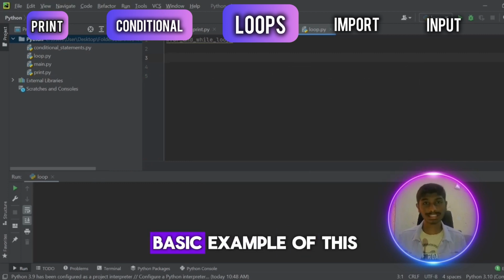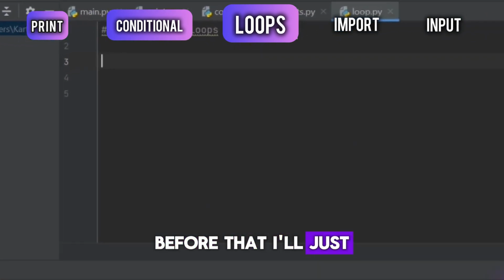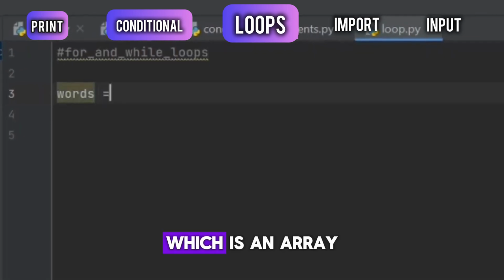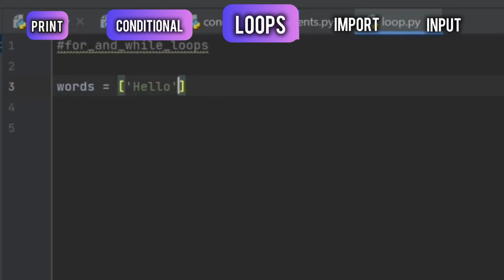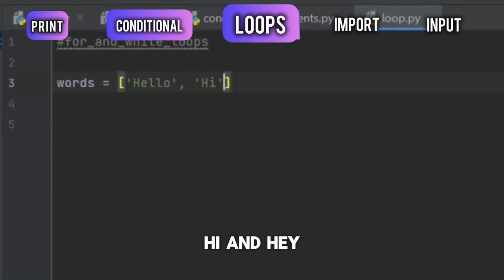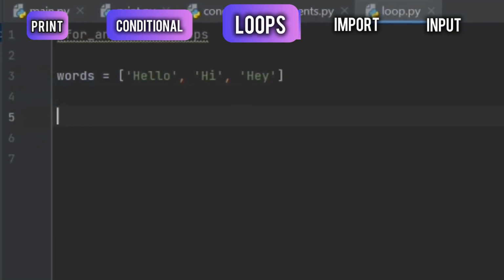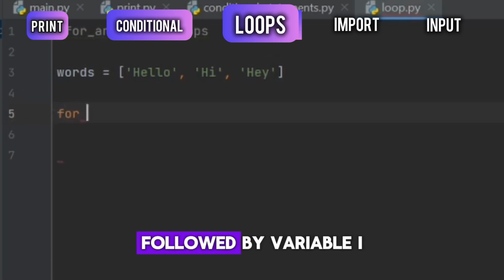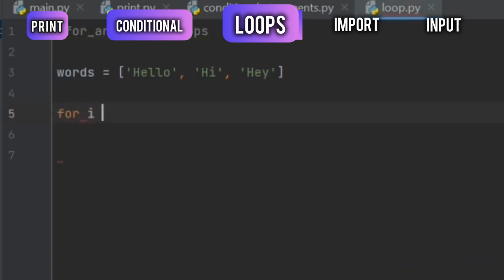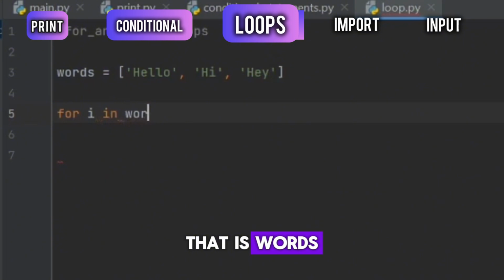Now let's see a basic example of this for loop. Before that, I'll name a variable words, which is an array containing some words like hello, hi, and hey. Now, to write the for loop, you have to start with the keyword for, followed by a variable i, and then the keyword in, and then the name of the array that you want to iterate through, that is words.